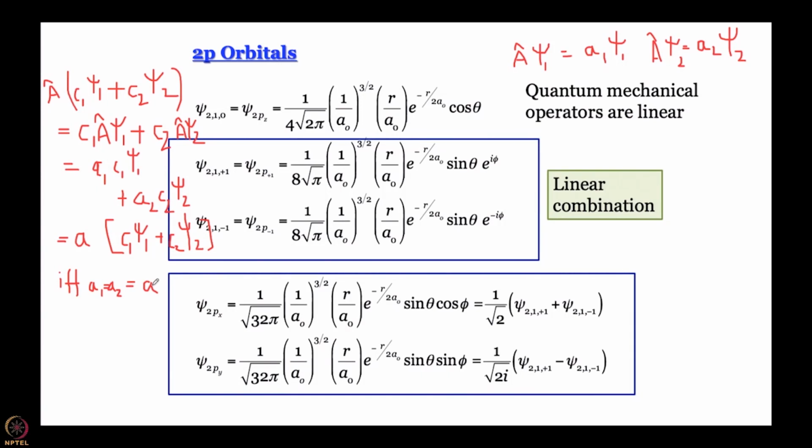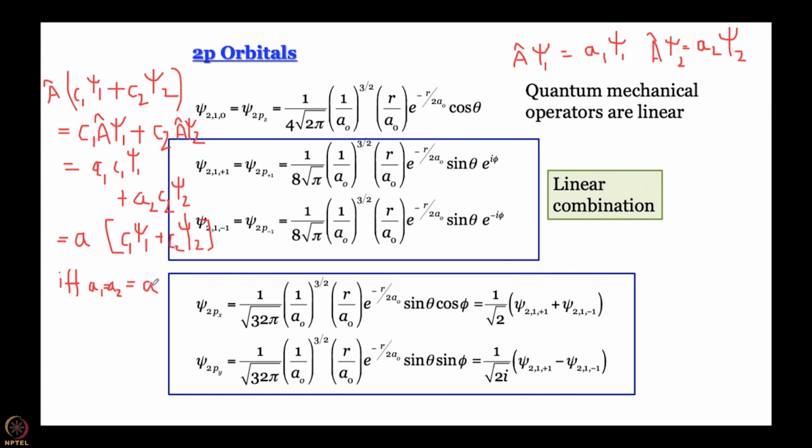Is the total angular momentum defined? Actually it is, because total angular momentum is root over l into l plus 1, and l here is 1. So, the length of the arrow is defined, theta is not defined, that is all I am saying. If you measure many times, half the time you will get one value, the remaining half the time you will get another value. But that solves our problem. We have generated this and now we can draw similar figures, just that instead of being along z, they will be along x and y respectively.